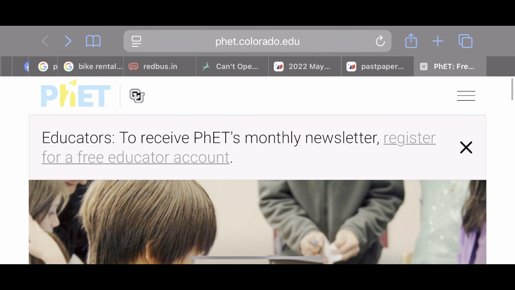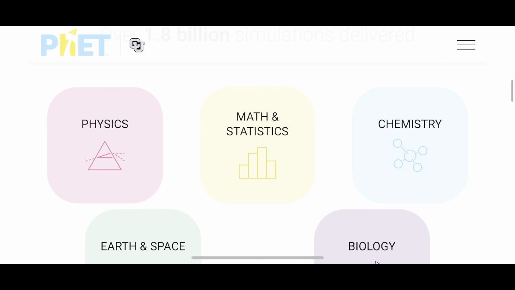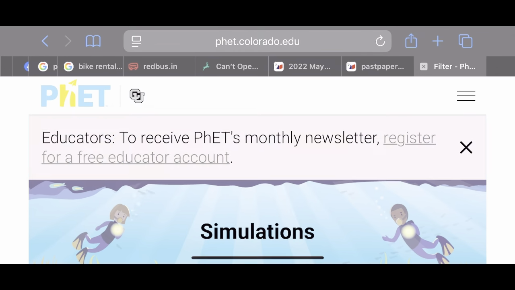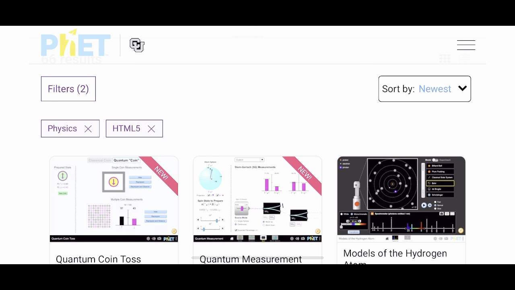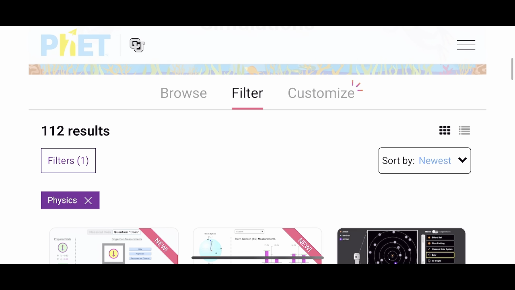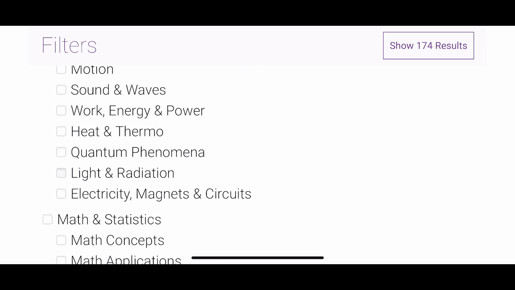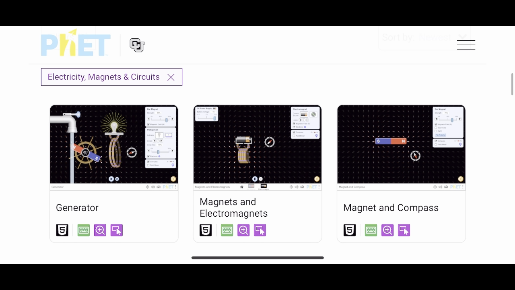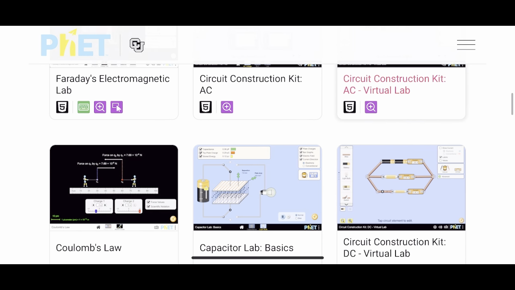Okay, so once you just type PhET in your browser, it can be either Safari, Chrome, whatever it is, the first link will open up to this page. Then head on to physics. After heading on to physics, you can give filters on the topic. Right now, since we're dealing with Ohm's law, we have to specifically deal with current electricity. So you can give current electricity or electricity magnets here. Out of this, please go for